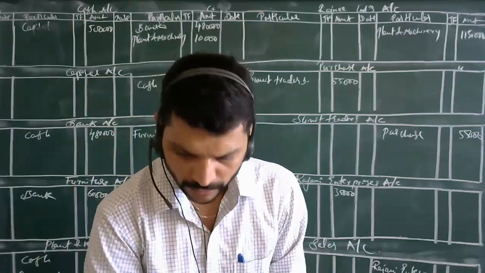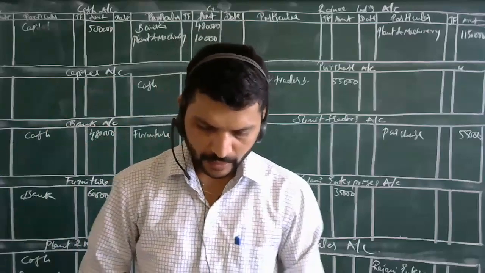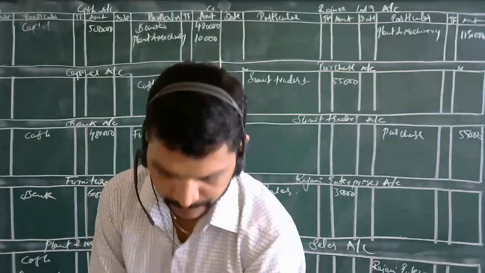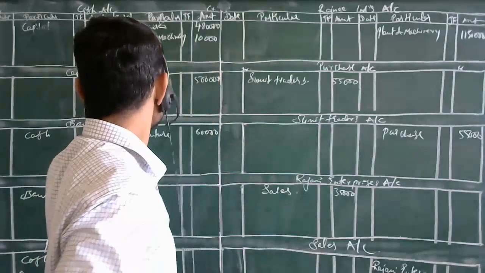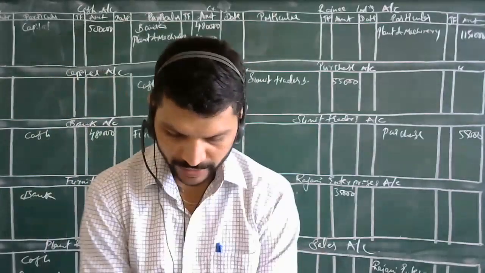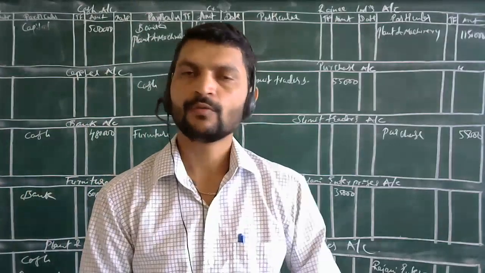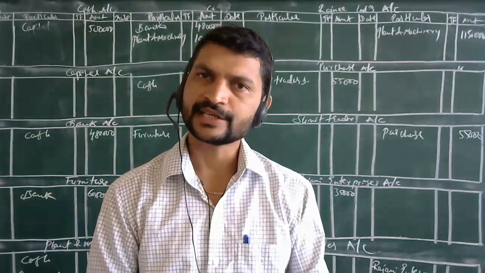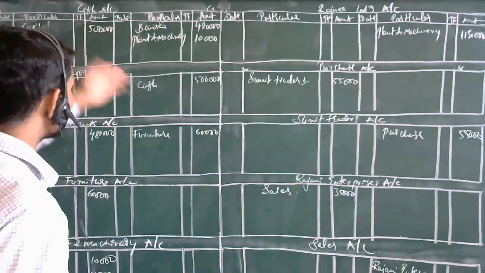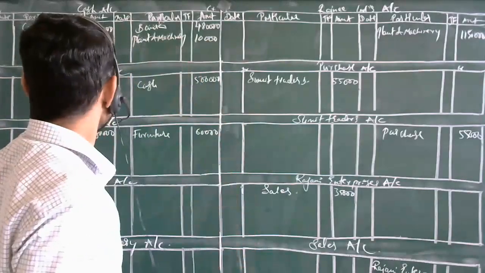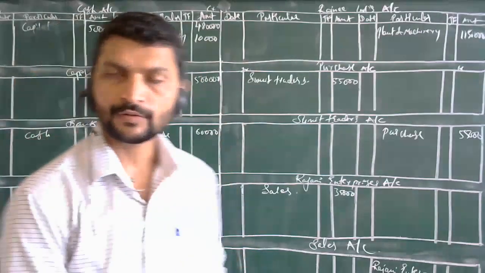Okay. So first point, business started with cash 2 lakh, means here obviously cash and capital account. What will be the first entry over here? Cash account debit to capital account. As usual, how we have taken here, the same entry will be there. We require cash account as well as capital account for the first entry.